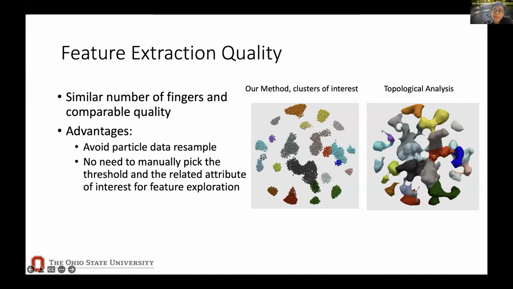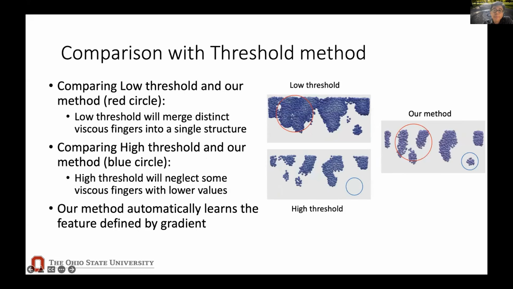And we can see that we actually show a very similar structure as the isosurface. However, we're able to separate the features much more clearly. Here, they all connect together, right? So if you don't know what you're looking at, sometimes it's hard to identify the features. Now, what I want to show here is